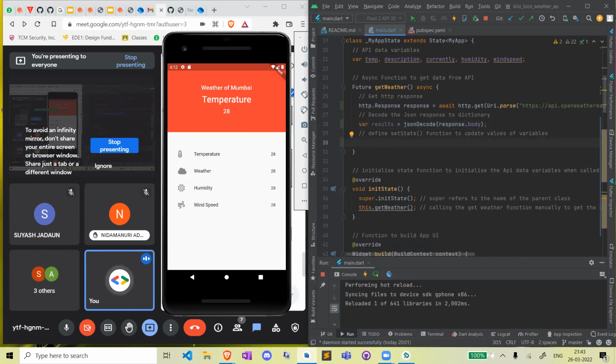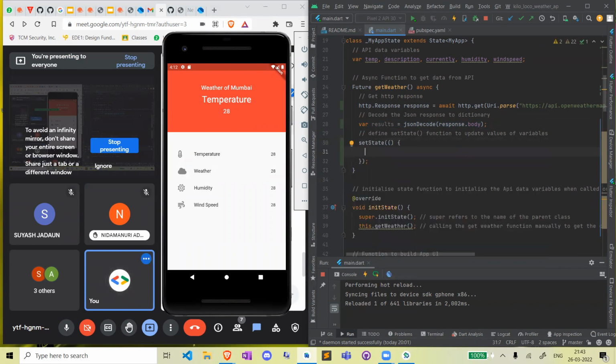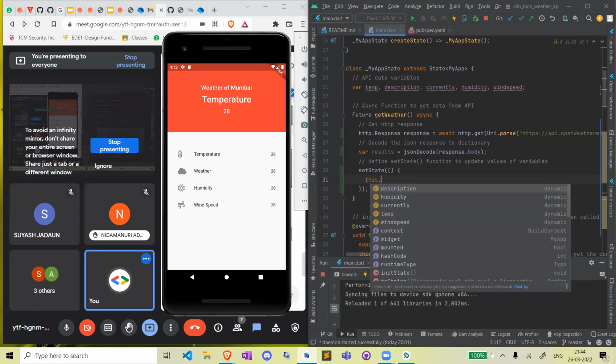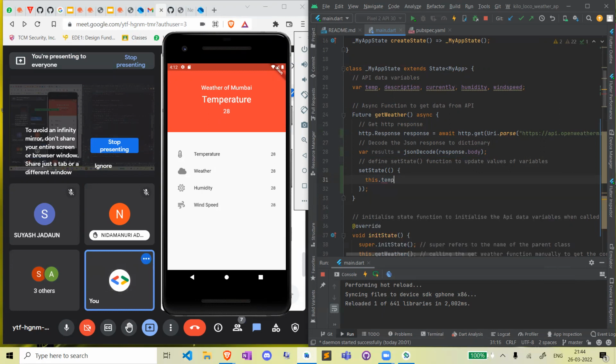Under the third comment, we need to mention the set state function. Set state function will update all these variables. You can see these API data variables I created in the template. Now we have to make changes to them. After we get the responses, after we change the JSON file to a dictionary, we just change the data in the variables. So this will just refer to the variable outside the set state function. So just do this dot temp equals